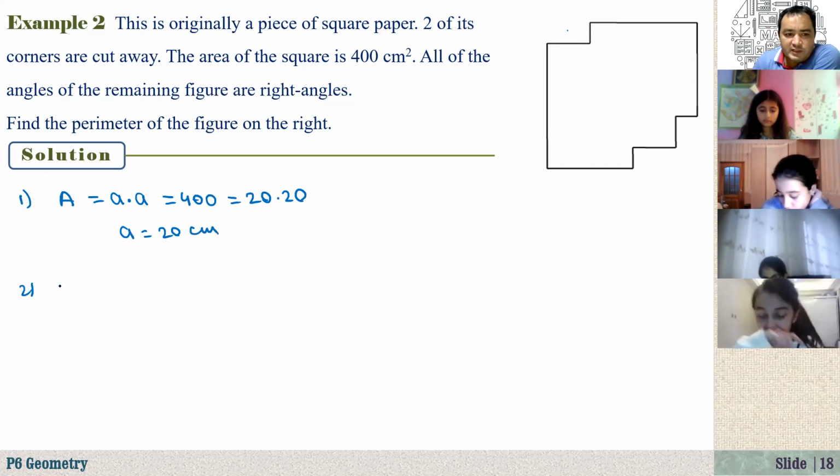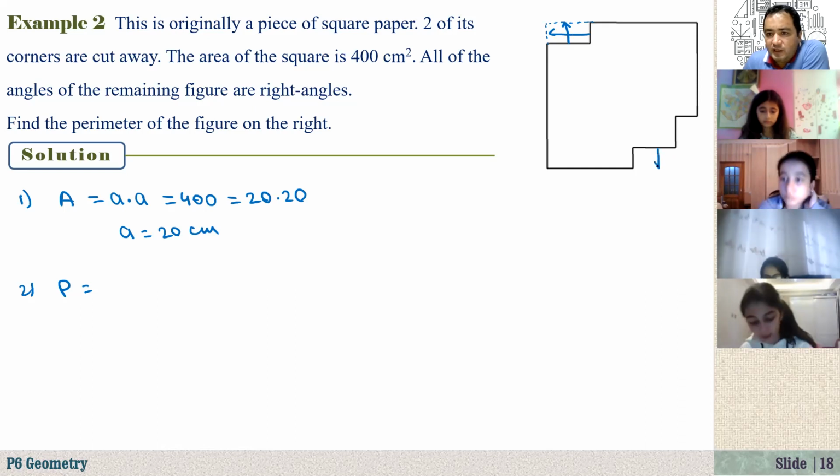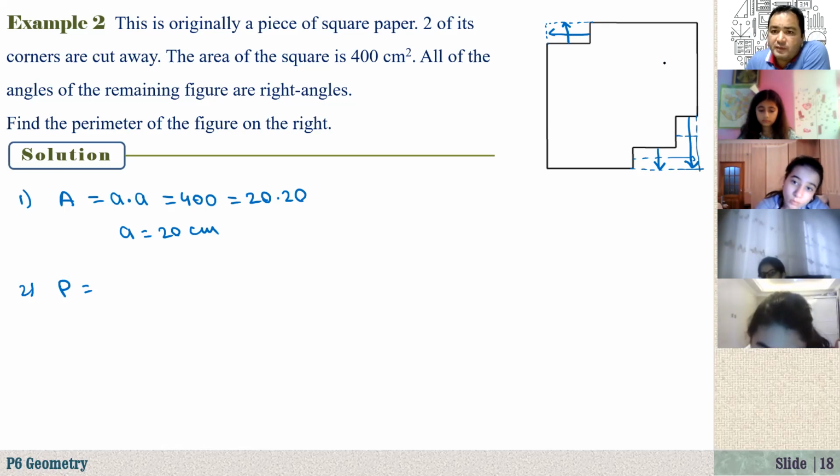Number 2, what is the perimeter of the given shape? Again, if I just move this here, and move this here, what do we have here? We have something like this, a complete square. The same thing, move it here, and also move this here. And we will have this kind of shape, right? And move this one here, and move this one here. That means that the perimeter of the shape is exactly the same as the perimeter of